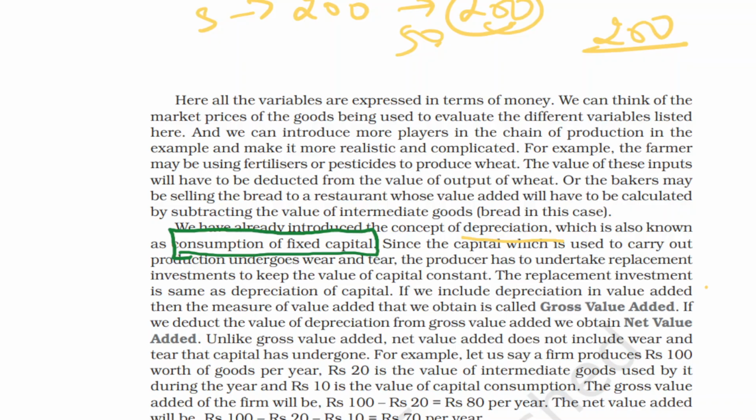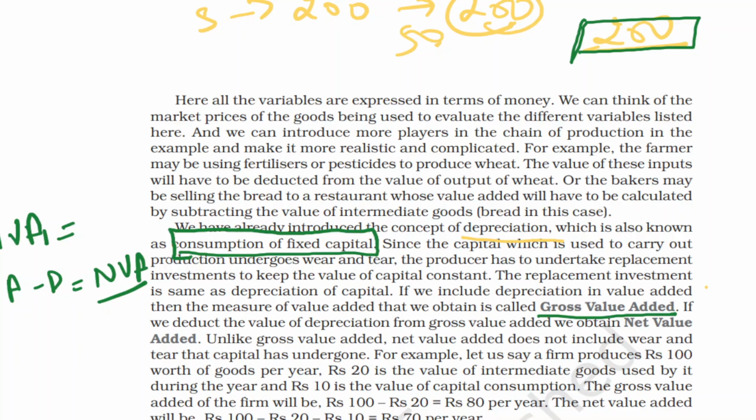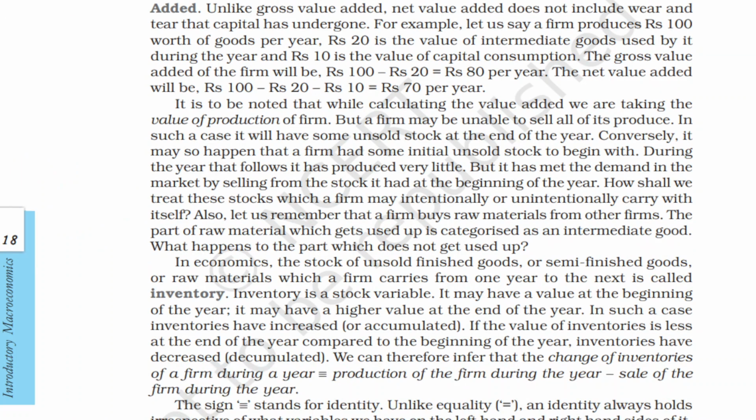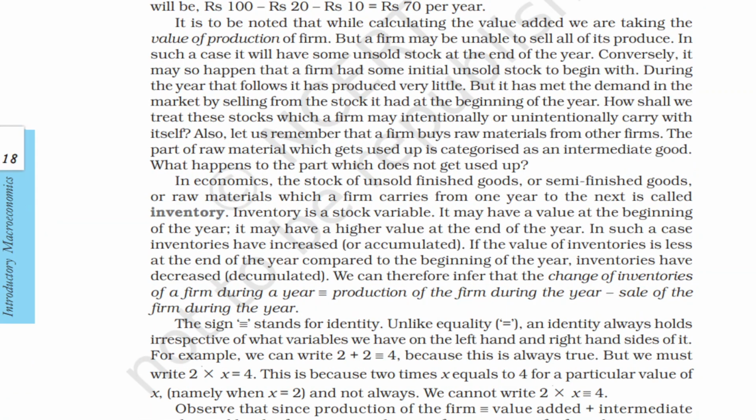Now, if we calculate the monetary value of all the final outputs during one financial year, we get the gross value added, that is GVA, the total value which is added during a financial year. If we have to make it net, then we subtract the depreciation part to get NVA, that is net value added. Depreciation can be anything, like normal wear and tear of machineries or anything, right?